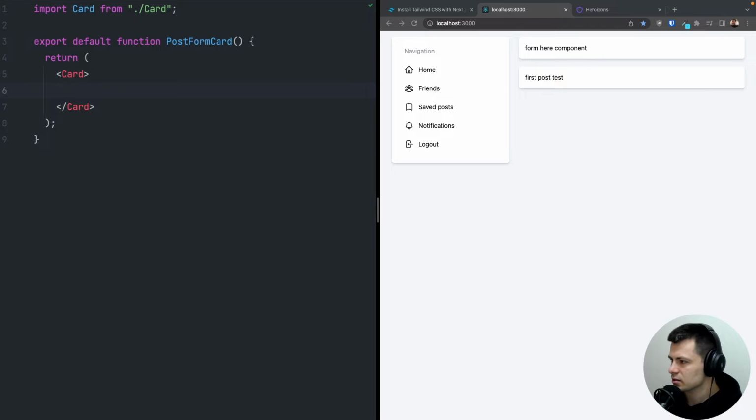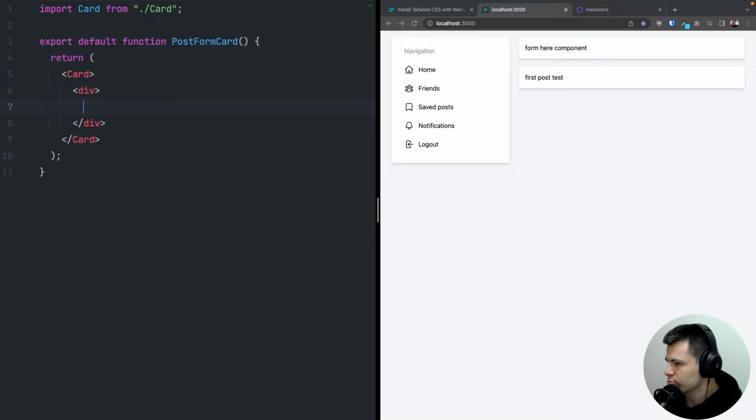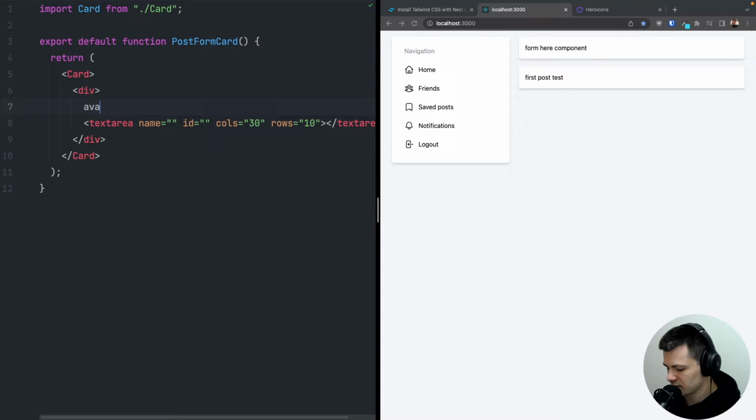So I would like to have 2 parts, 2 rows. The first row with a circle avatar image and then a text area. And then underneath I will have some extra buttons. So I'll put the first div for my text area and avatar here. So let's do avatar,